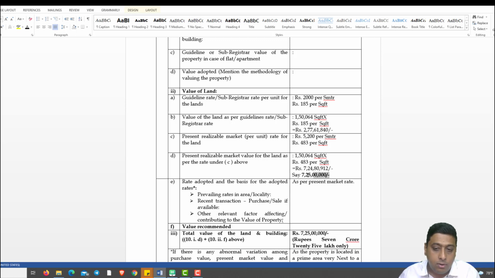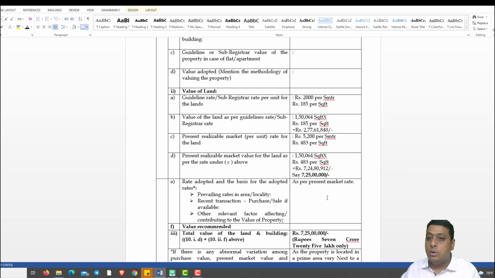The value is coming around 7,25,000. If I had done the same for 2,88,000 square feet, considering 100% of the area and 483 rupees, the value is almost 13 crore rupees, which is double this value. So if that 100% value had been given to the bank by mistake, and the bank people considered it, and if they gave 70% of that value, it is also 9 crore rupees, which is almost 1.75 to 2 crore rupees more than this actual value.